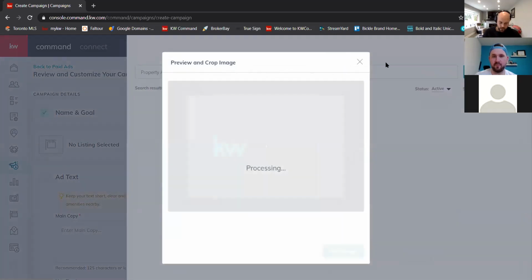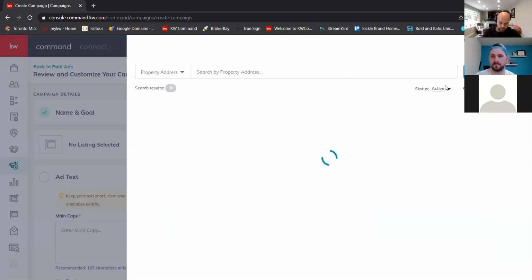So we're going to set up the campaign. Here it always pops up with only my listings, unless you're uploading your listings directly to KWLS. Unless you're loading your listings directly to KWLS, then they won't appear here. The listing that you select literally does not matter. Your listing does not have to be here because we're just going to go in and change it all anyway,